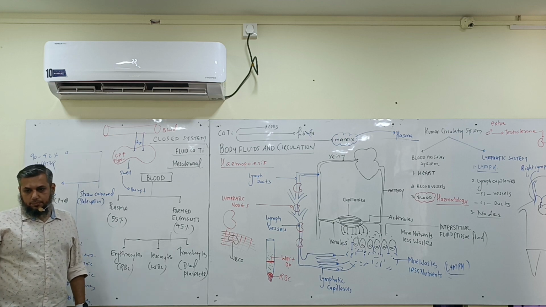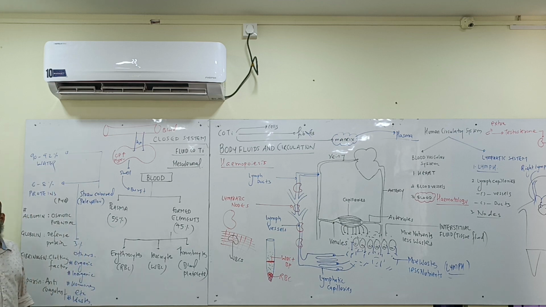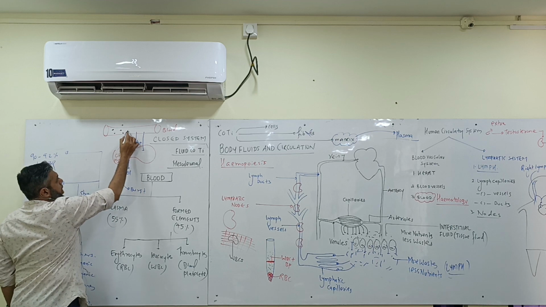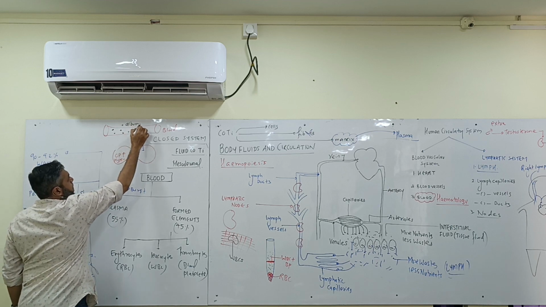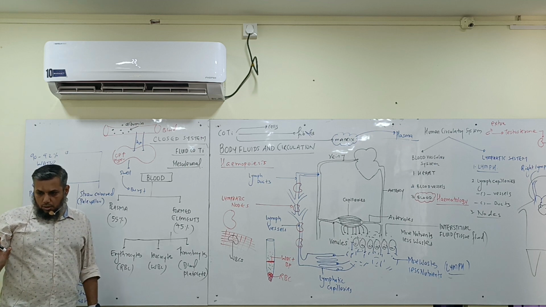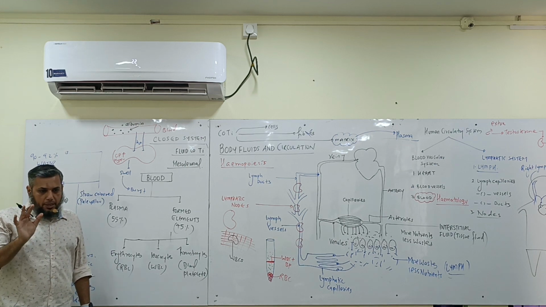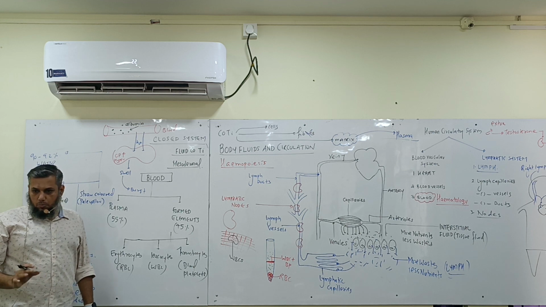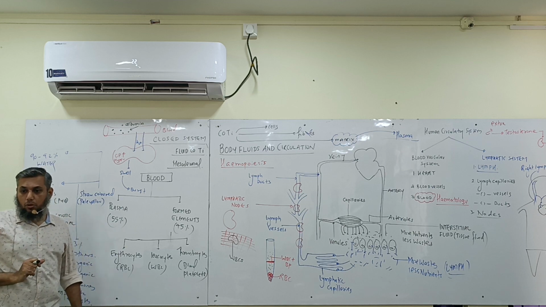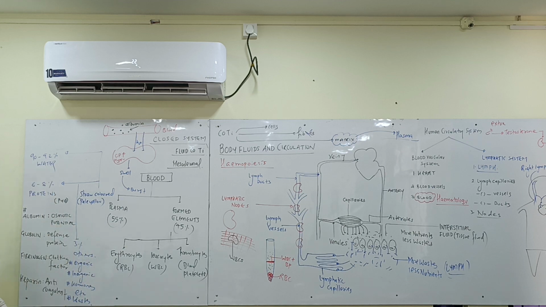But this doesn't happen in your body. This doesn't happen because there are many reasons. One of the reasons is your blood gets filled with a protein which is called what? Albumin. Albumin is the most abundant plasma protein. More than 50% of your plasma protein is albumin. इतना high concentration में कौन? Albumin.